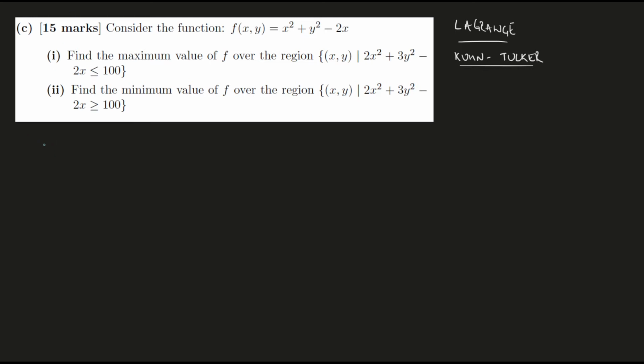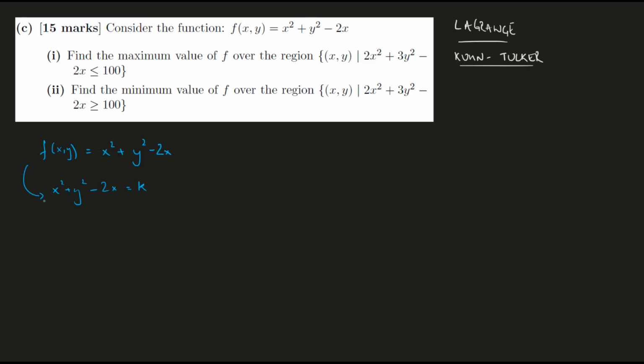So I need to maximize the given function f. So let's talk about f first. f is a function in two variables. I need to make sure that this f is maximized over the given constraint region. So let's say that the function f equals k, some value k. So my objective function takes some value k for some particular values of x and y.